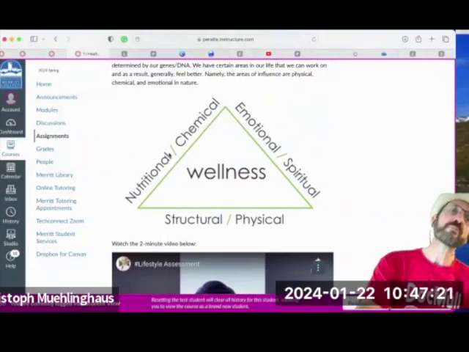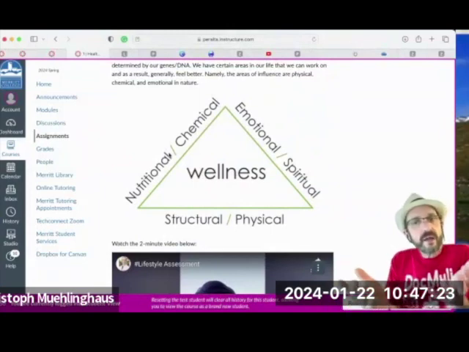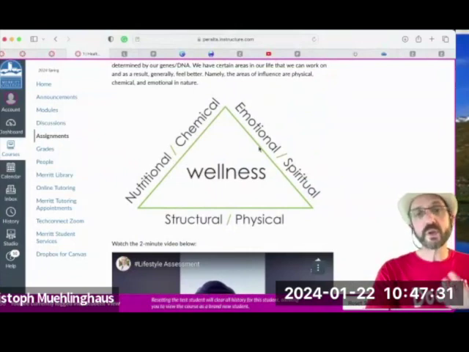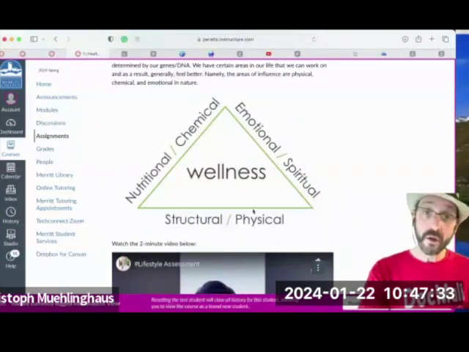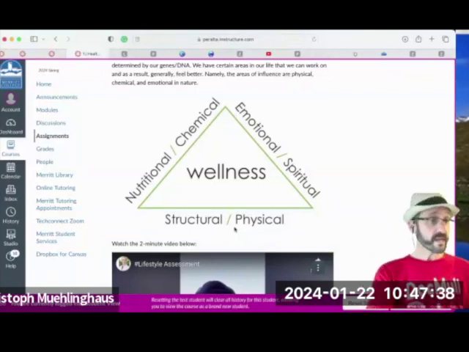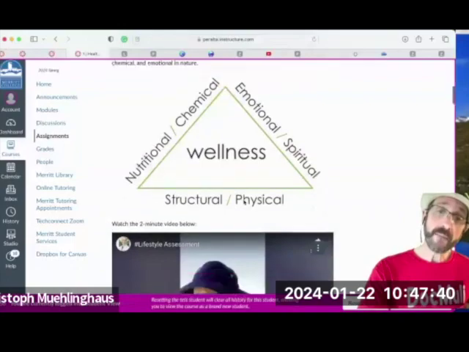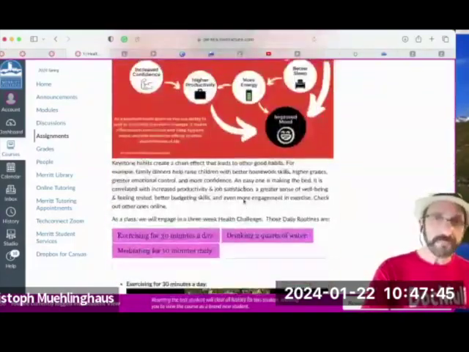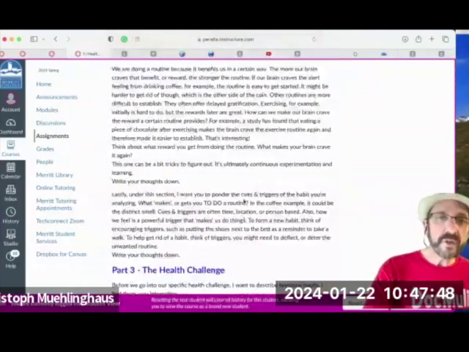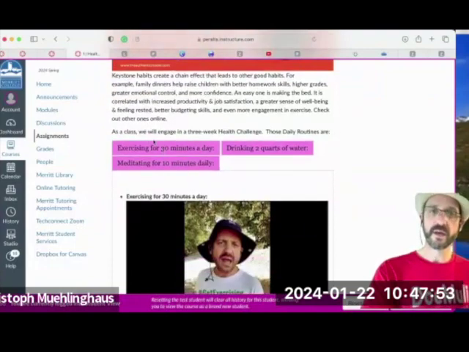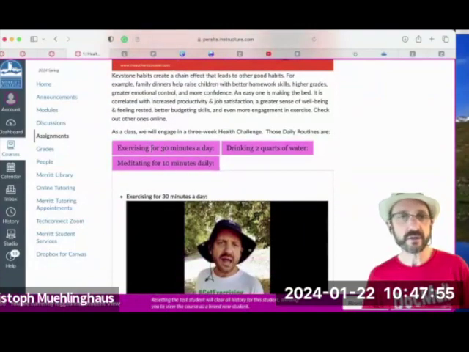Because I want us to improve on our feeling well, and we can always improve on either a chemical level, nutritional, often, a spiritual, emotional level, how is our thinking, or a structural, physical level. How are we sitting properly, exercising, doing that kind of stuff. And I'm not going to make you do one of the habits for each of them, but I'm going to make you do a health challenge of exercising for 30 minutes